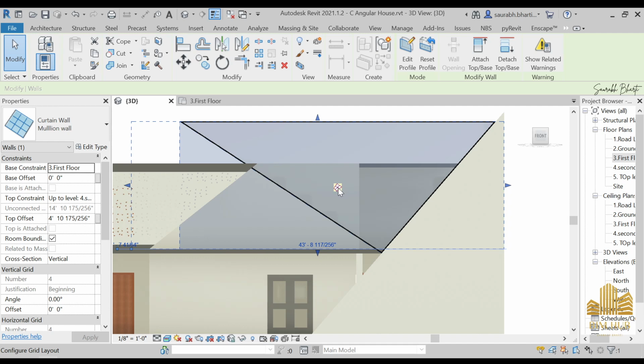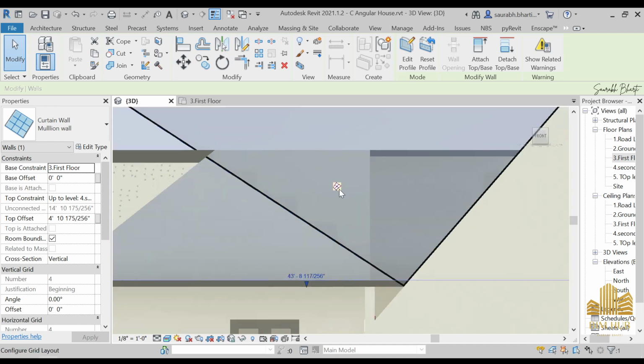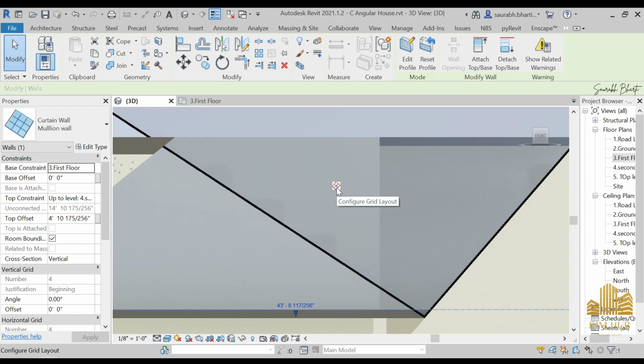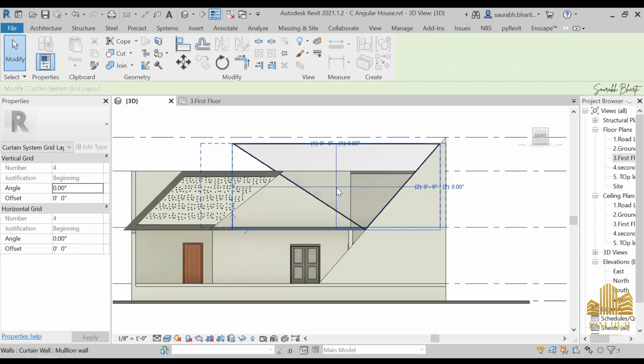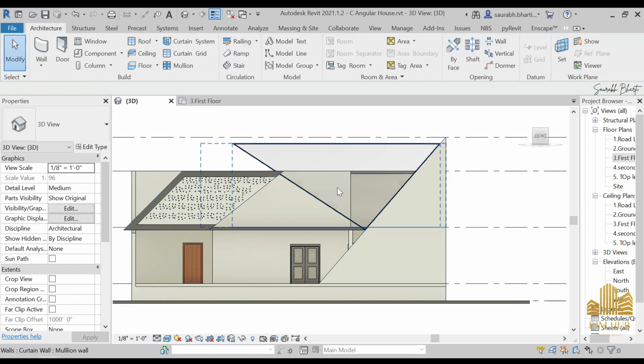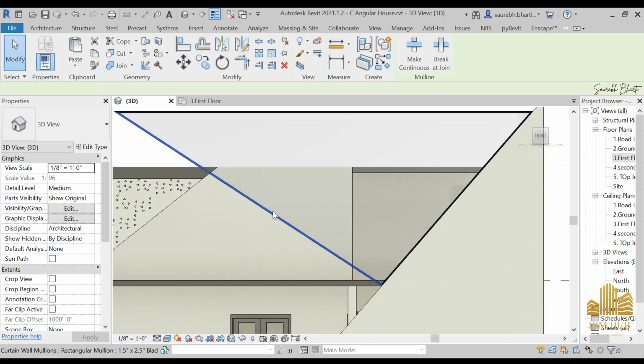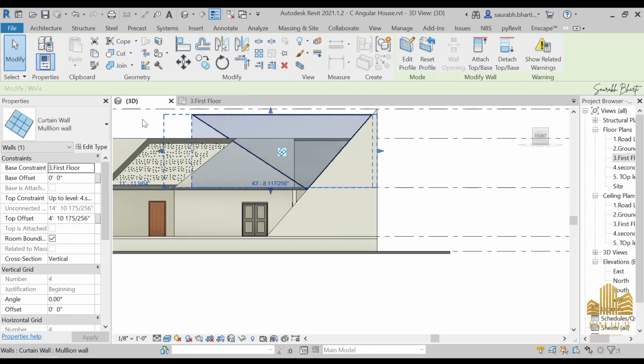As you can see, when I hover my mouse over this glass panel, there's one option that is configure grid layout. Just click once on that. Okay, before that, one more thing, press escape on your keyboard, select this glass panel,